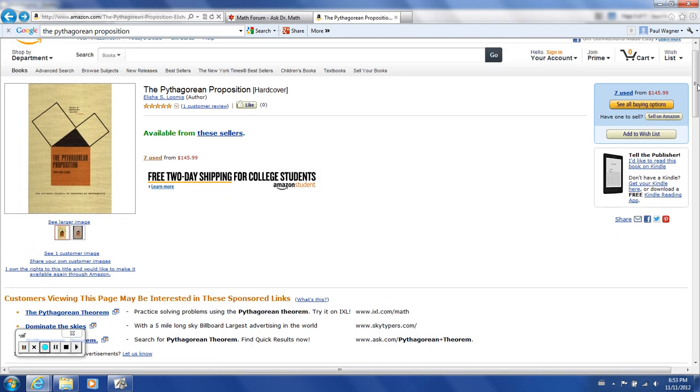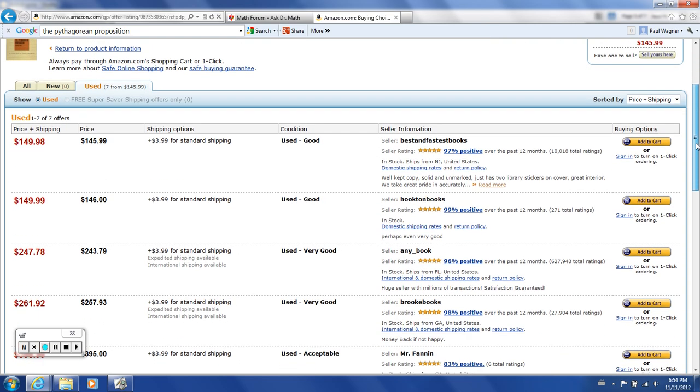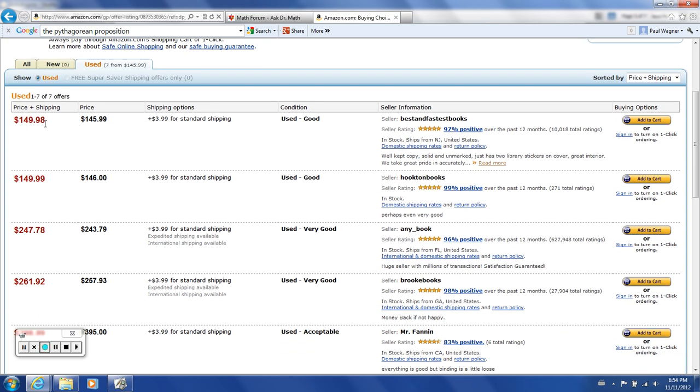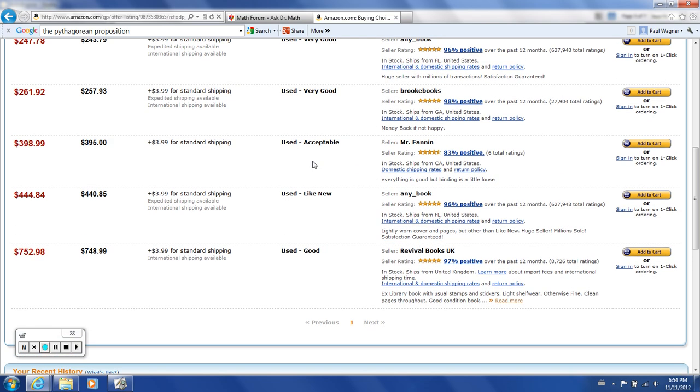Somebody was selling it for, I gotta click on that here, 7 used ones, because the book was printed in 1968. It was reprinted in 1968 actually. Cheapest one with shipping, only $149.98. If you want to get those are good copies. If you want to get a like new copy, or somebody here that's selling it for a ridiculous price and will never get that,